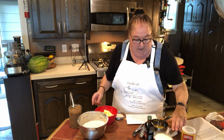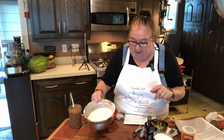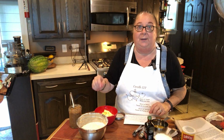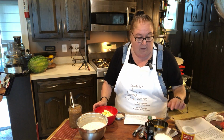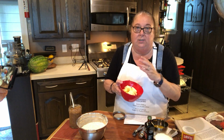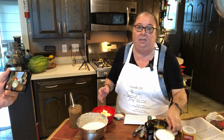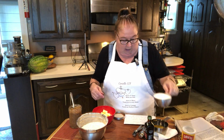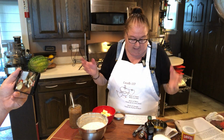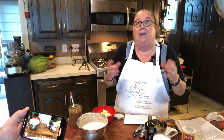And so here I have 2 3/4 cups of flour that has been sifted, with 2 teaspoons of baking powder and a little bit of salt. And then I have 3/4 cup of butter that is softening here because it's not ready to go yet. I just cut it up so that it would soften quicker. And then I'm going to cream that with 1 cup of sugar. And then I'm going to add 2 eggs. And then I'll add half of the flour mixture. I'll mix that well, and then I'll add the rest, make my dough,